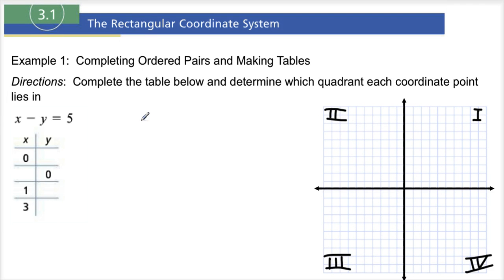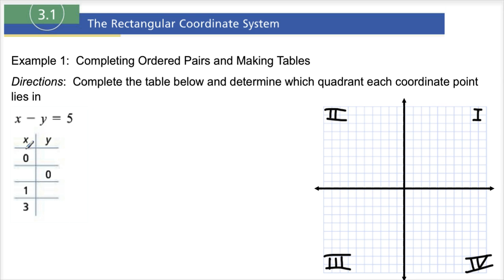All right, chapter 3, section 1. Here we go. So we are going to be given an equation, and particularly this is going to be an equation of a line, and we'll get to how do we know that without graphing it later on in the chapter. What we want to do here is, so we're given an equation of a line,